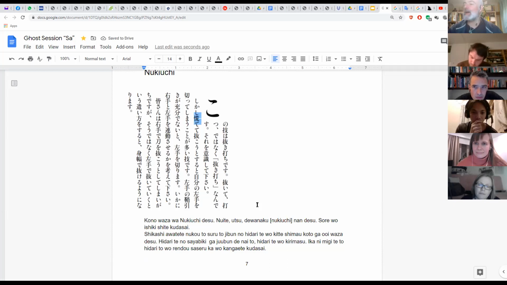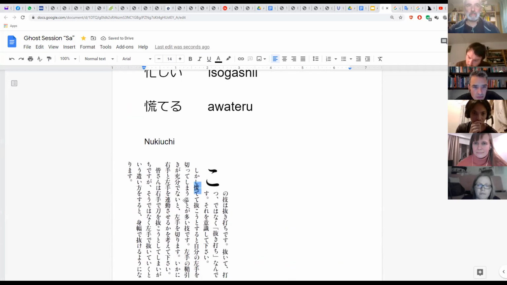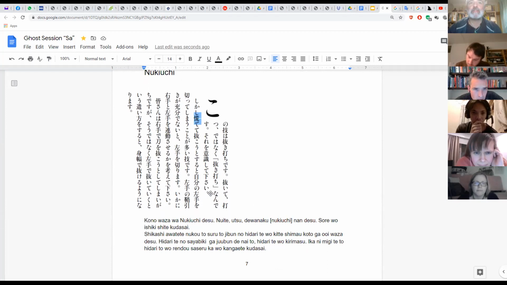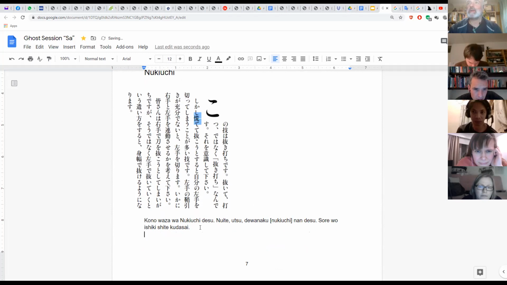So this is again part of the Seitei Central Seminar writing thing. And if you want to practice your kanji and hiragana, you can read it from this part. And if you don't know that much, then you can read the Romaji below. So we're going to take turns in translating this.